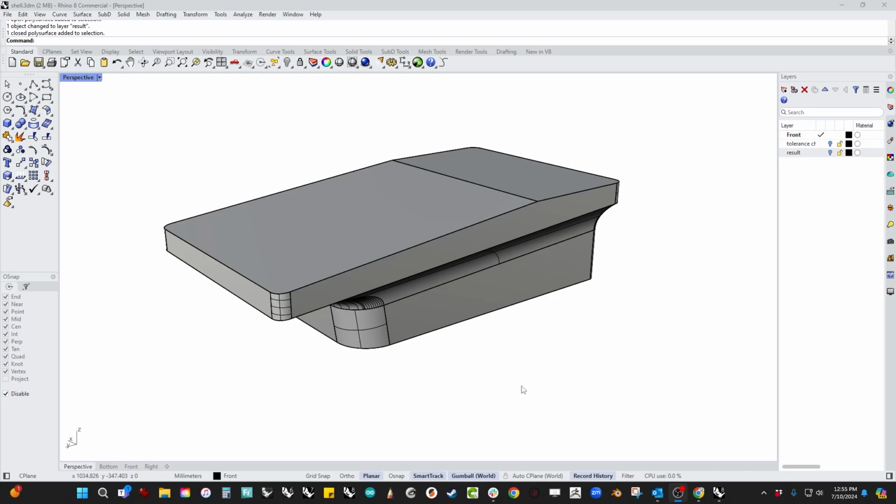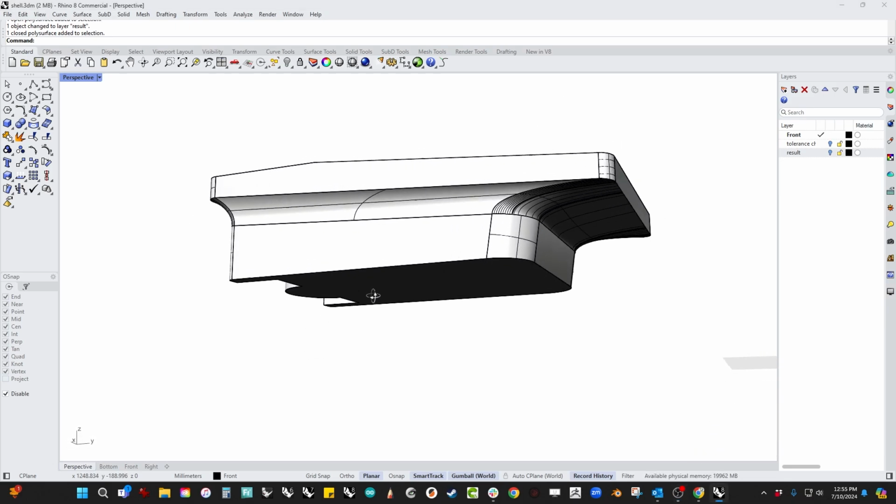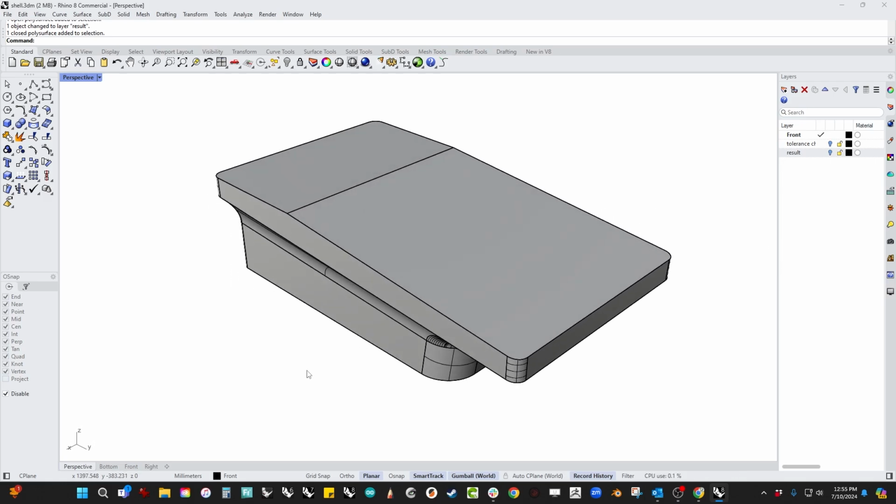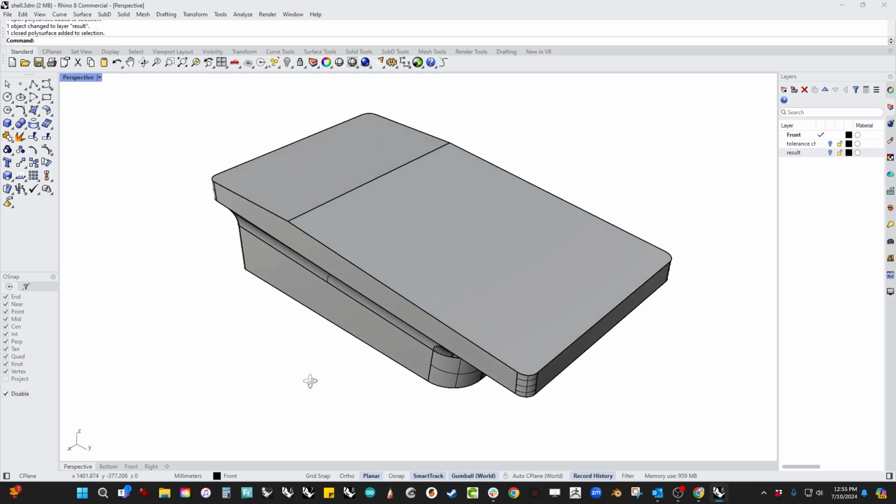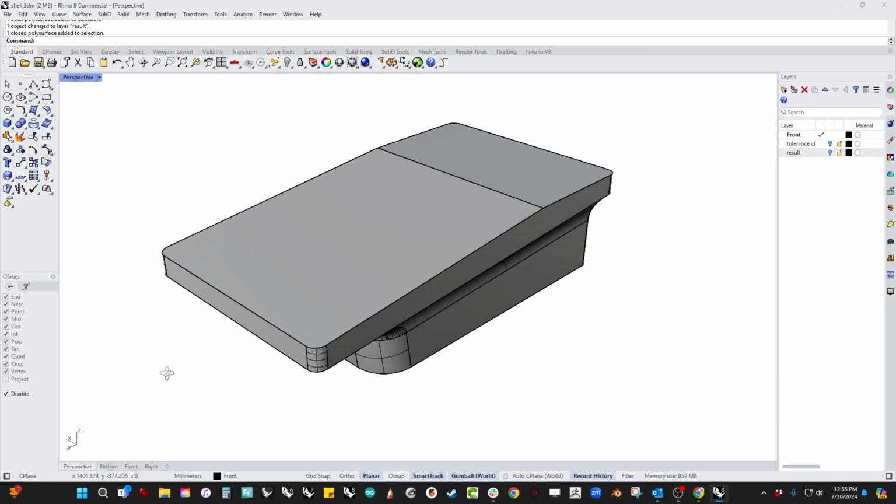I'm a technical trainer for McNeel, and today I wanted to talk about a part that came into our forum. There was a post about this part and essentially shelling. And shelling is something that comes up a lot with Rhino. There are some good things and some bad things, and I just wanted to talk about how to approach